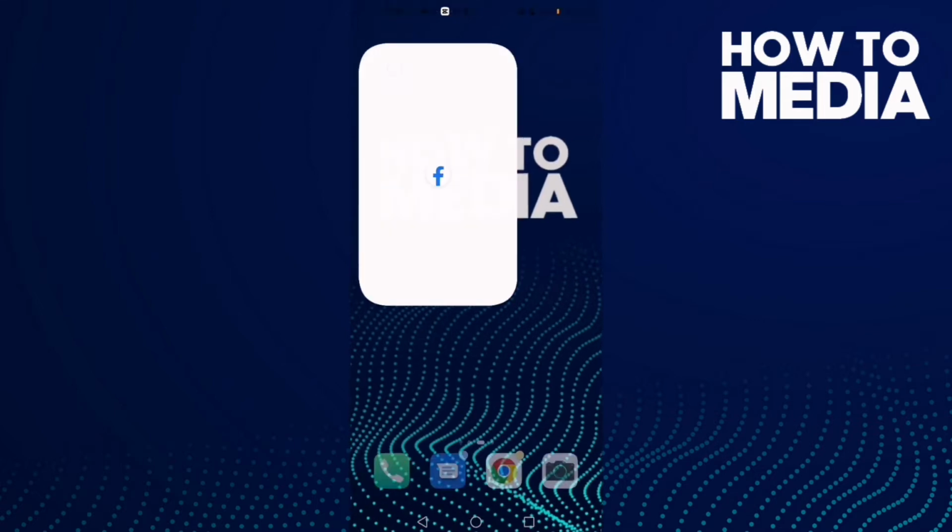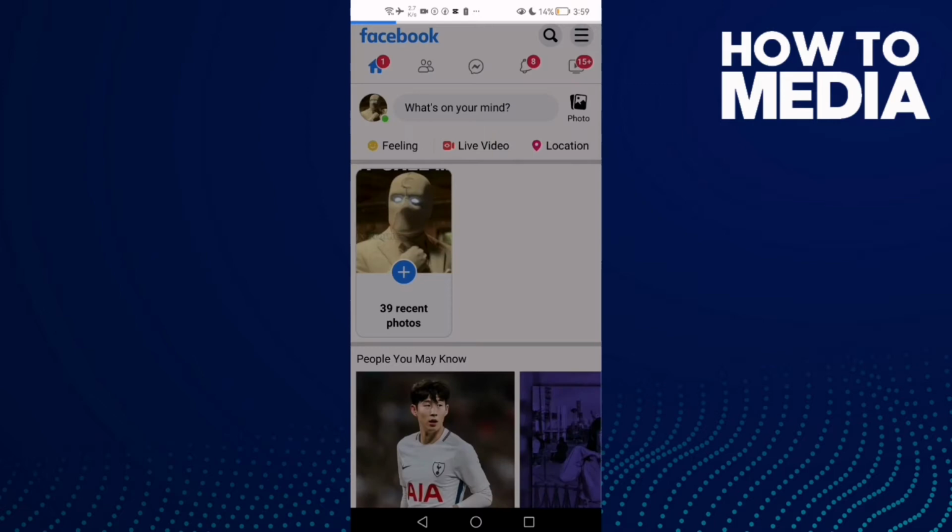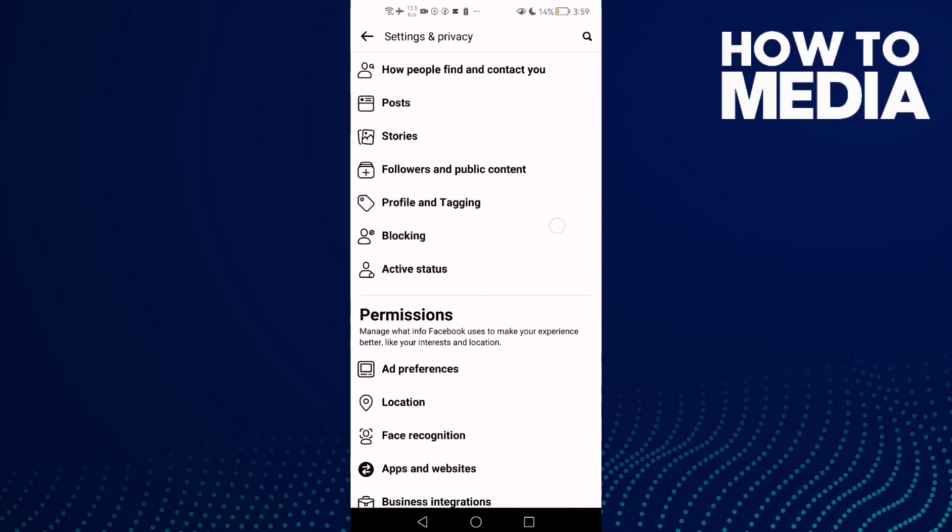First thing, go to Facebook Lite. Here you will find these three lines in the top corner. Click on it and go down, click settings. Here you will find